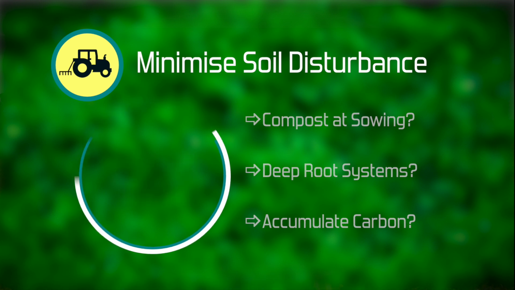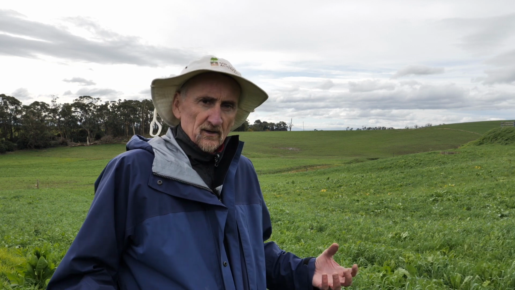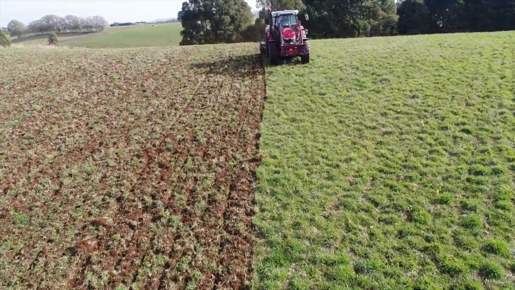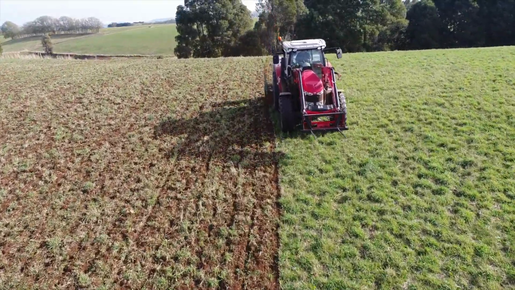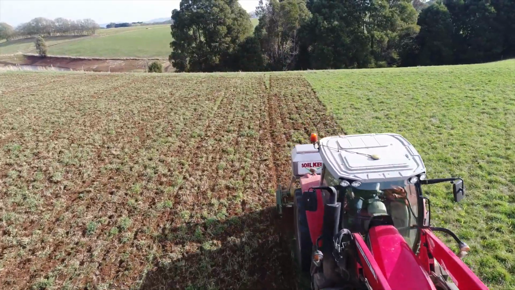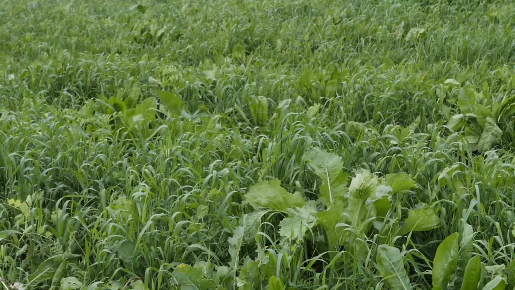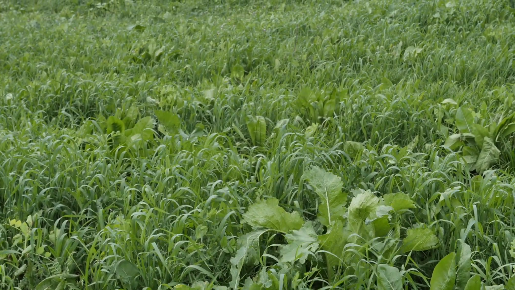In this paddock where we're standing now, we have a huge diversity of plant material in this landscape, and much of this diversity was sown into a perennial pasture using a Soil Key machine. This can equally be done using conventional sowing equipment. The point here is that the amount of disturbance that this paddock experienced was really minimal. So whether you're planting an annual species or a perennial species,